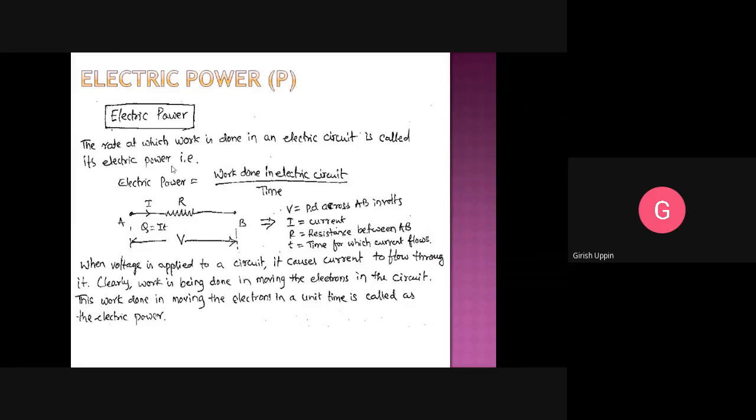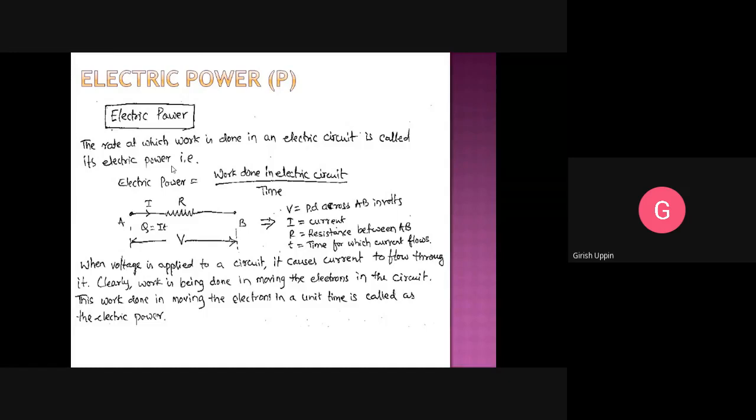a 1 HP motor or pump, and you want to pump water from an underground tank to the overhead tank. With a 1 HP motor, maybe it will take about 30 minutes to fill the overhead tank. If I use a 2 horsepower motor instead, the rate at which it does the work is higher, so it will finish the same work in 15 minutes. If I bring a 5 HP motor, it will do it maybe in 5 minutes. So as the power increases, the rate at which the work is done will be higher.